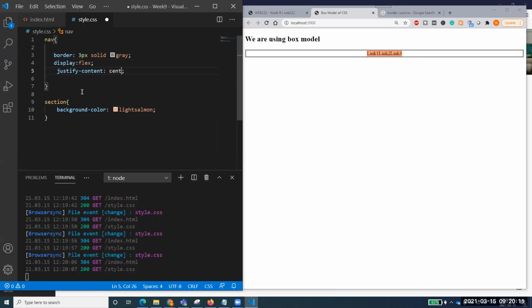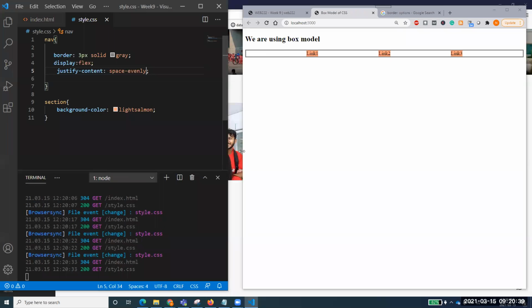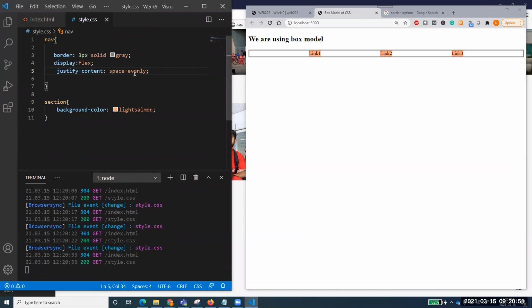Now, this has different options. We can combine them at the flex start. Sometimes we want them to start from the start, sometimes from the end, and we'll see the examples. And we can take it to the end. And the one thing that you will find very interesting is space evenly. You see that? Interesting. Now our elements are coming with even space. If I just make it a bit smaller, they are maintaining their space. You see, maintaining space. So this flexibility is giving us the ability to maintain that space. Number one. Number two, space evenly.